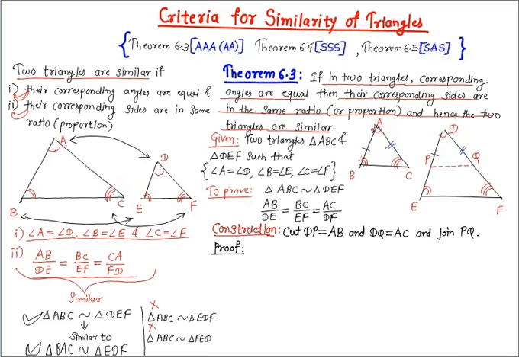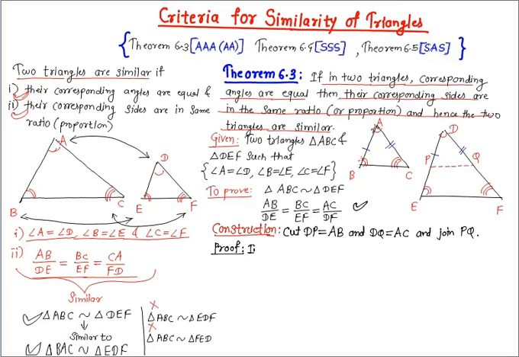If you see the to prove part, this is the ratio of the corresponding sides of the two triangles, right? To prove this, we will first prove that triangle ABC is congruent to triangle DPQ, and then by using corresponding parts of congruent triangles, we'll prove line PQ is parallel to side EF in triangle DEF, so that we can use the BPT theorem and its corollary to get the ratio of the sides. So what is the first step? To make triangle ABC and triangle DPQ congruent.